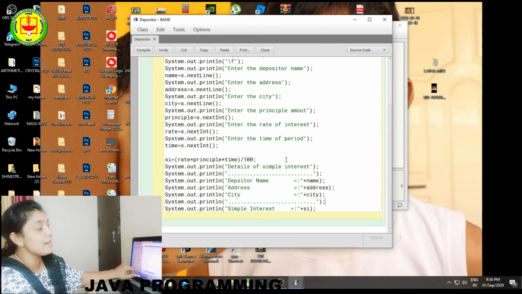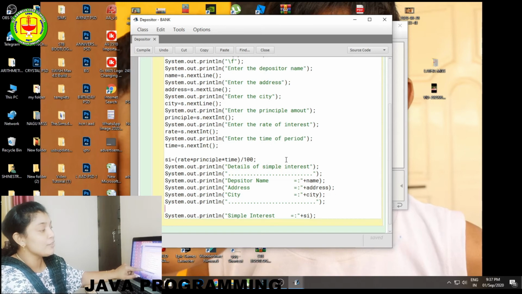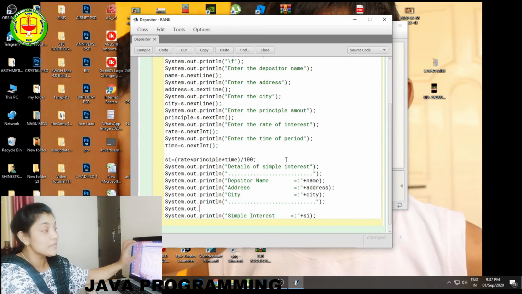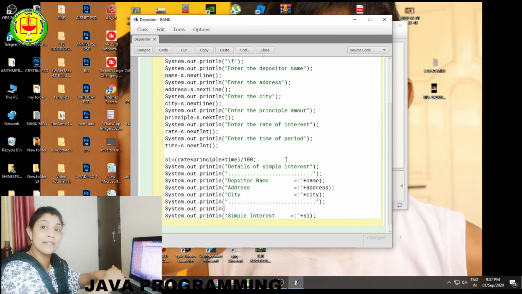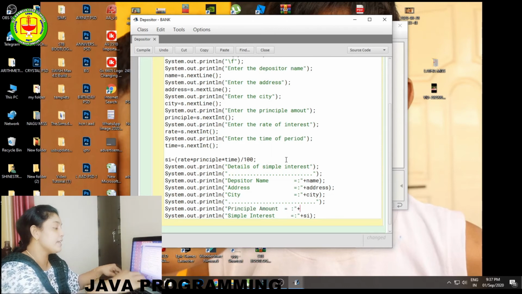Cannot find the symbol. Here for simple interest I have given R into P into T, but our variables are rate, principal and time. So whichever variables you have used, you have to use the same variables for the next calculations. So change that and complete the details so you can print them. Just press enter here, and type System.out.println